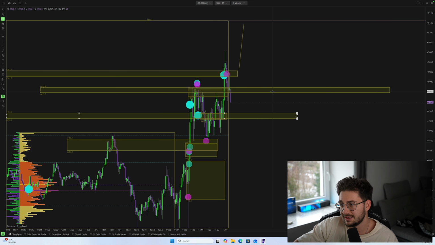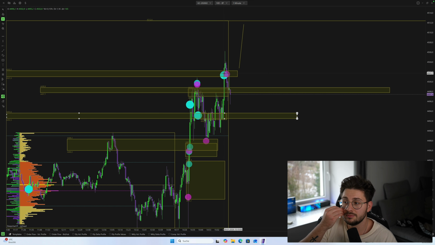So yeah, we could have already made money in reality, closing already here, and now just look for a re-entry, not based on these areas, but more than likely based on time, based on the market open, because you will get more orders into the market and they will just bring it back up.